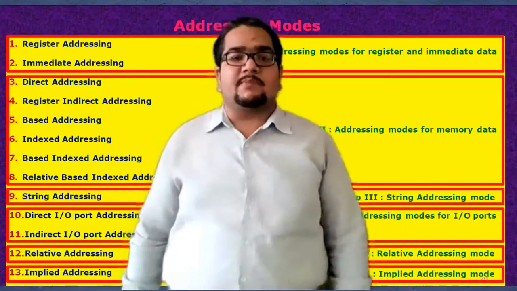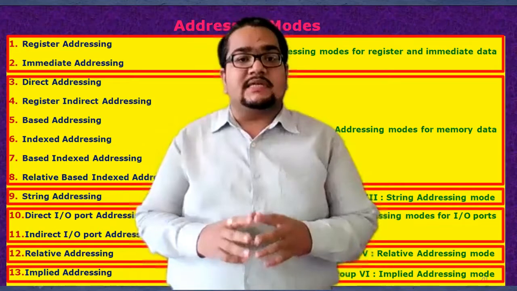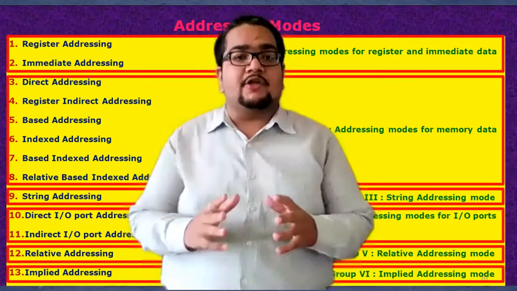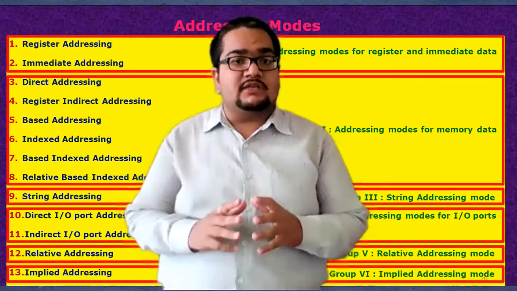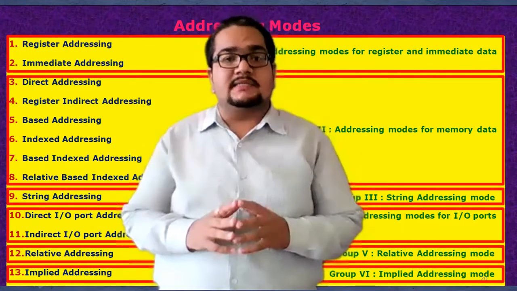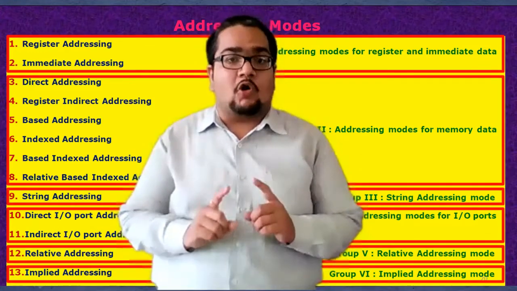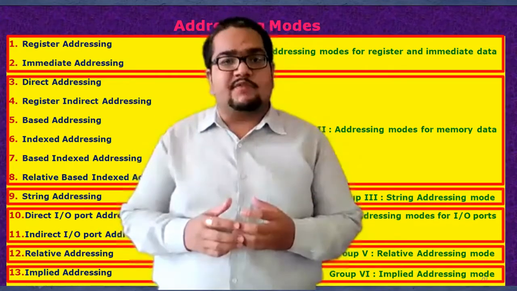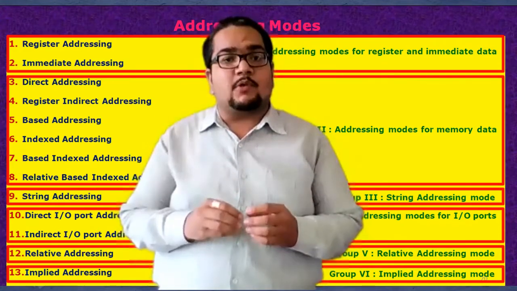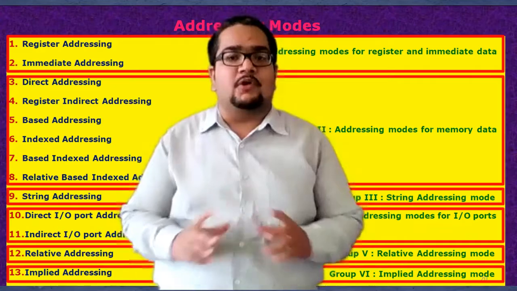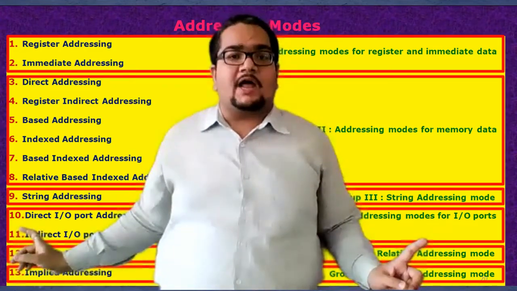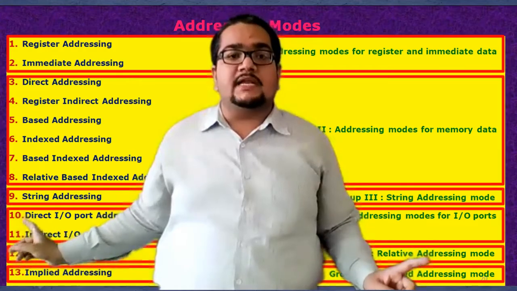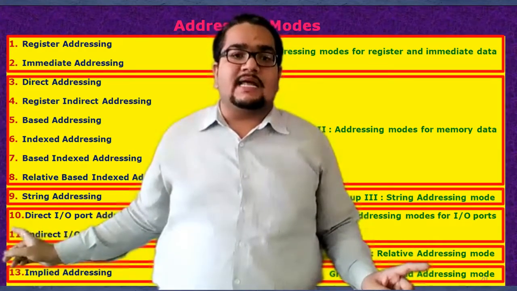The next group is about the data which is directly coming in and going out at the IO ports. It is not there in the processor, it is not there in the memory, but the data is directly being accessed at the input-output ports. It is directly being taken from the input port, or after processing it is directly sent out to the output port. For that type of addressing, we have the addressing mode for IO ports. There are 2 types again. Here you can check it: direct addressing and indirect addressing.